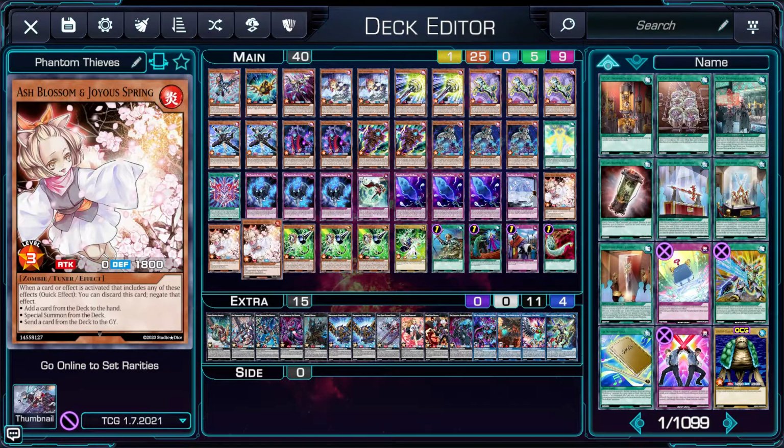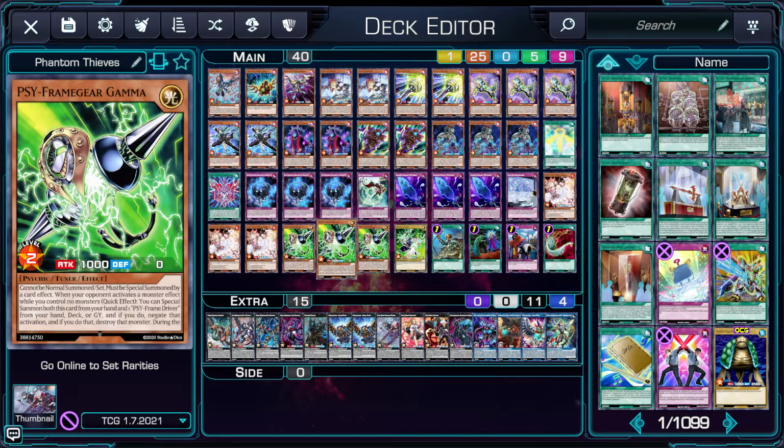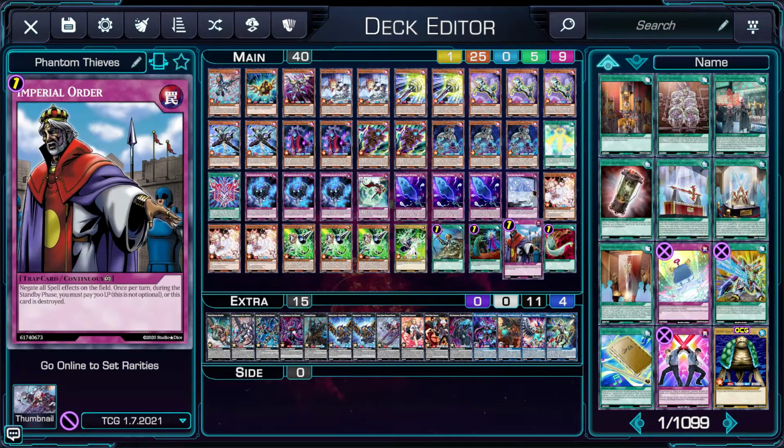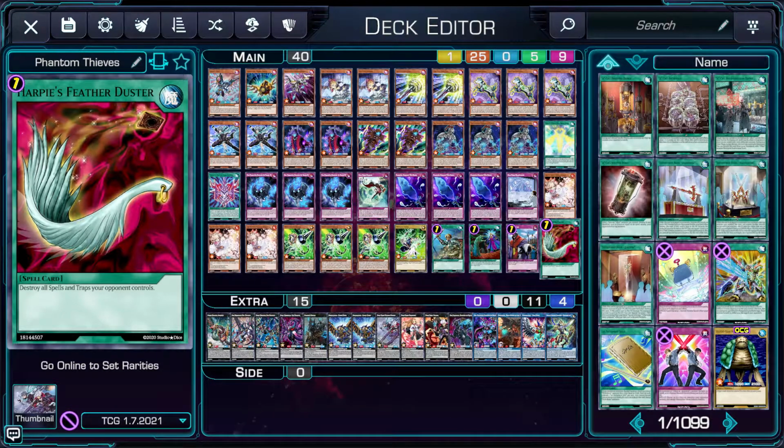decent as possible. We're playing 3 Ash Blossom, 3 Psyframe Gear Gamma along with the accompanying driver, 1 Reinforcement of the Army, 1 Called by the Grave, 1 Imperial Order, and 1 Harpy's Feather Duster. Generally speaking, they are kind of just support cards in the deck that you can adapt and change depending on whatever you want. It all depends on meta, all depends on where you are. I feel like these are very safe bets, but feel free to change any of them for whatever you happen